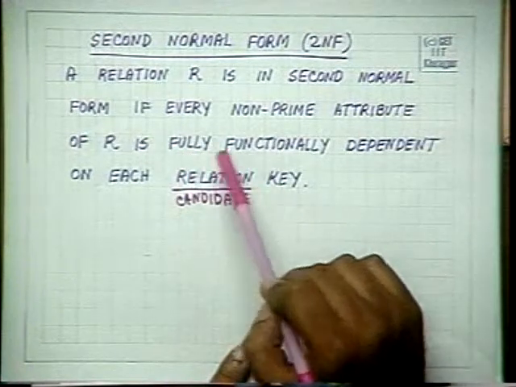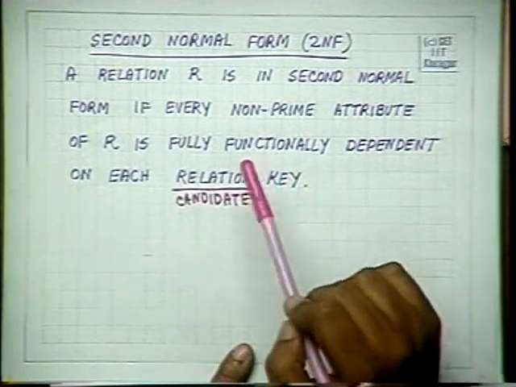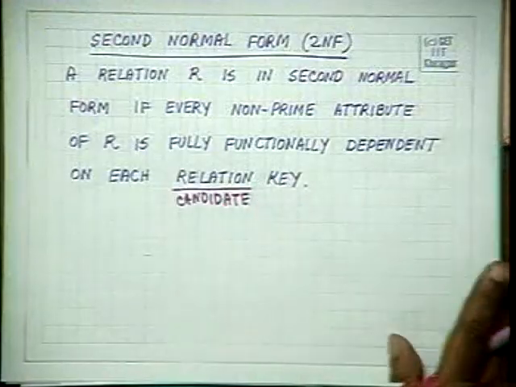A functional dependency is said to be fully functionally dependent if no attribute of the left hand side can be removed so that the functional dependency still holds. If you cannot do that, it is a sort of minimal left hand side of a functional dependency alpha to beta. You cannot just remove any one of them and still the functional dependency will hold on each candidate key. And we saw some examples of how second normal form prevents redundancy.